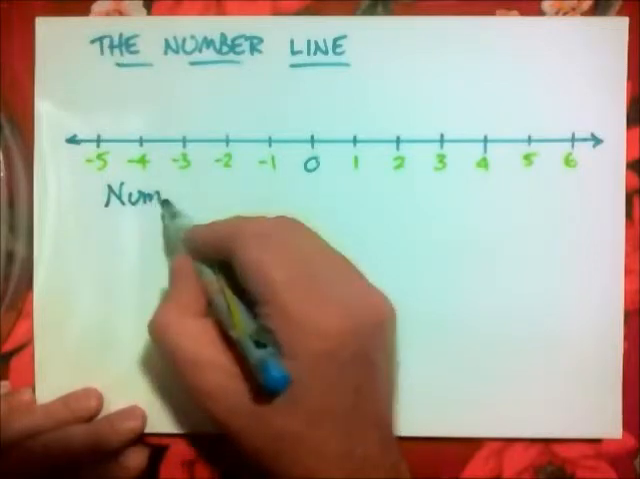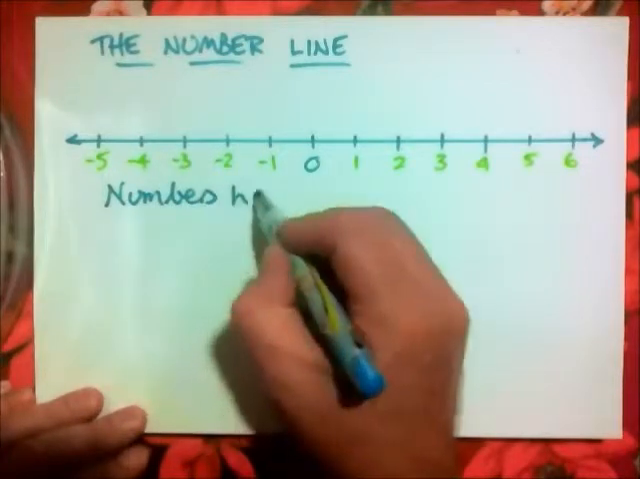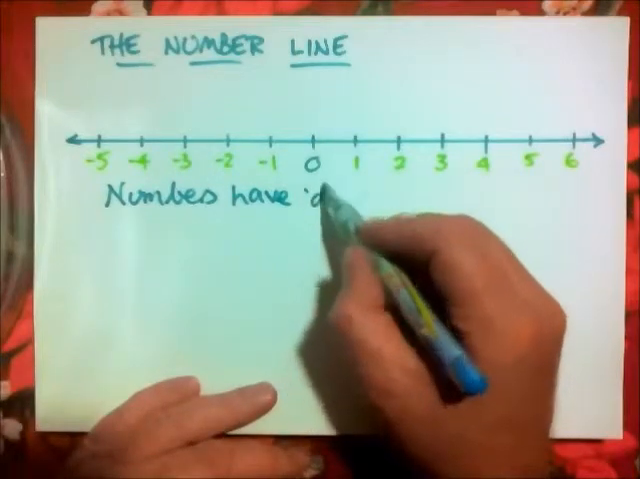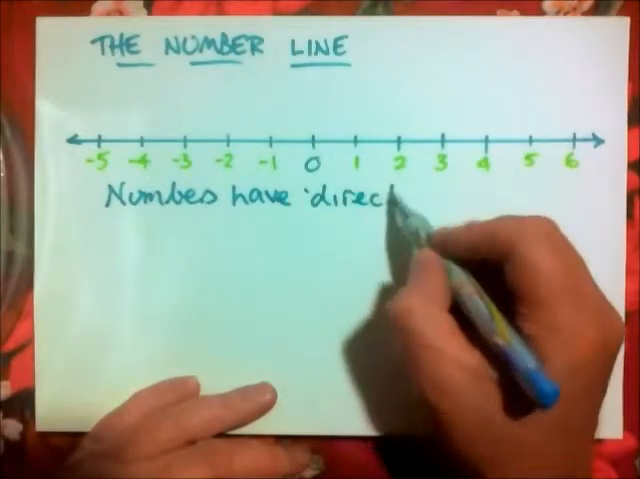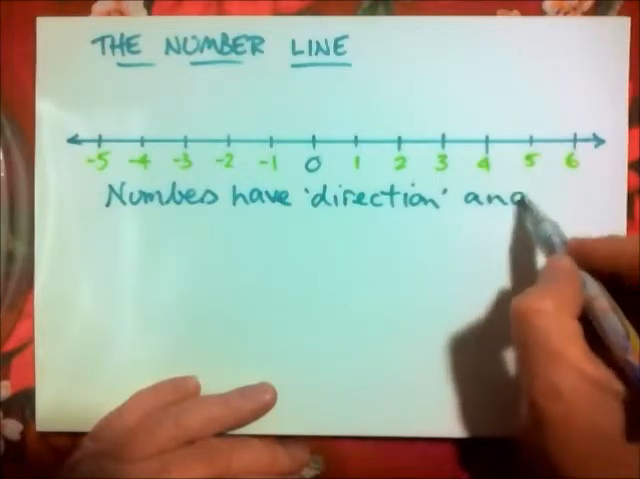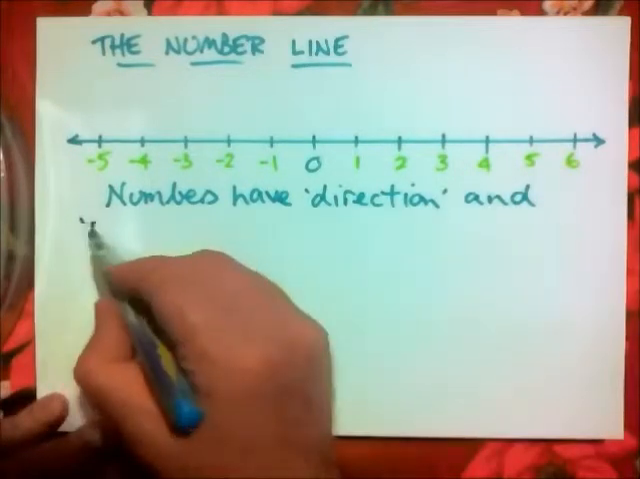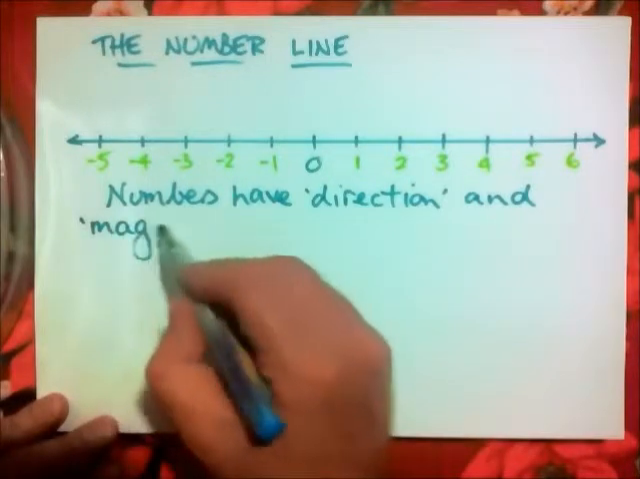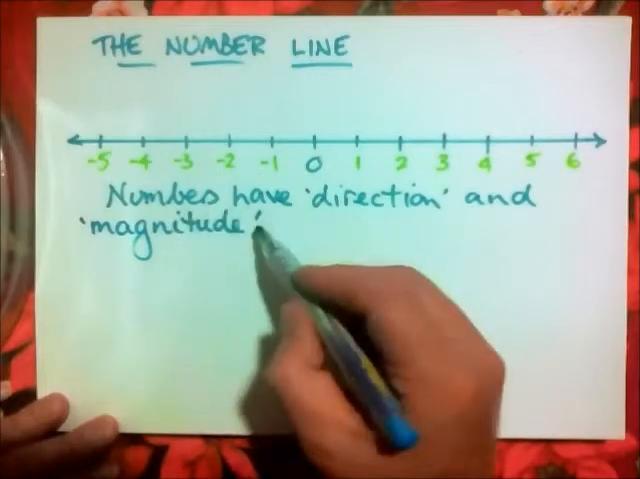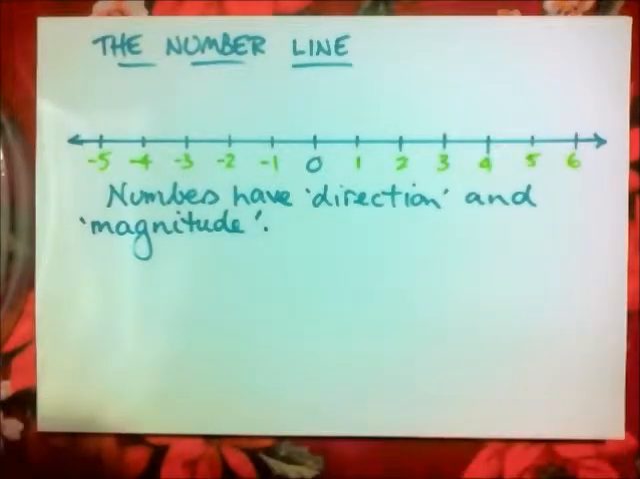So numbers now have direction, whether they're to the right or left of 0. Numbers have direction and magnitude. That's a fancy word to mean size. So which side of 0 are they and how far away from 0? Numbers have direction and magnitude. Basically,